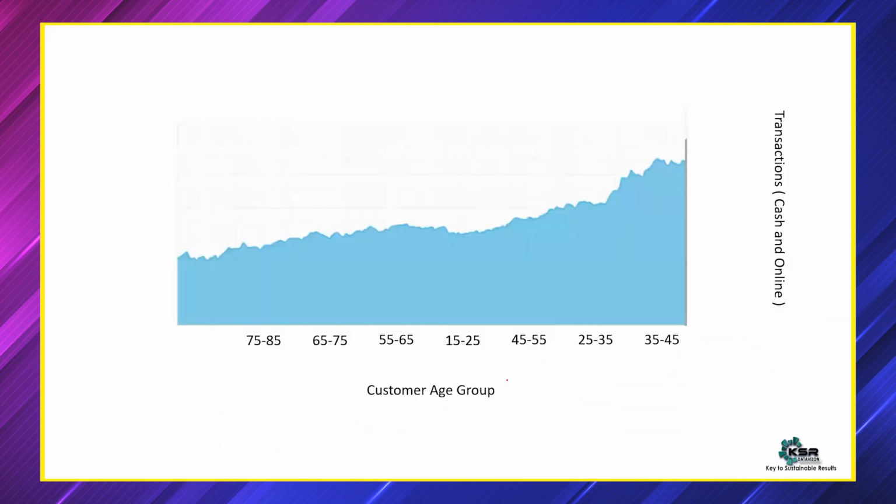Now if I show it in terms of a graph, this is how the graph looks. Usually credit card information is given to a person whose spending is high. This is the best fit age, 35 to 45, because a person is salaried here. Apart from being salaried, his salary is good enough to get a credit card with more than 40K limit. The second best fit age is 25 to 35, where he has just started earning, a similar salaried person, and